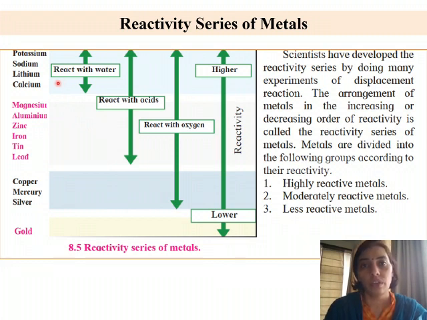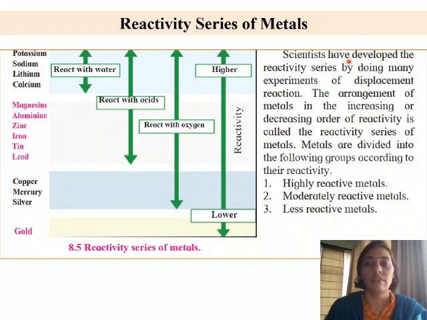Here in this picture you're seeing the metals which have been arranged in the decreasing order of reactivity. From top to bottom, the reactivity is constantly decreasing. The elements on the top are highly reactive, and then the reactivity goes on decreasing, and the last one will be the least reactive. So this is a diagrammatic representation that has been given to you here. Here it's written reactivity, and here higher and then lower. So the elements have been arranged in the order of decreasing reactivity.